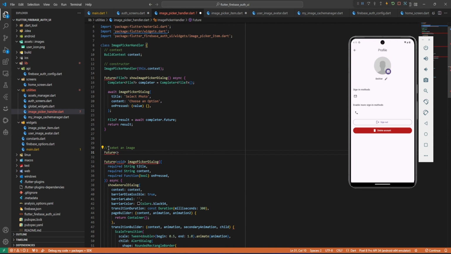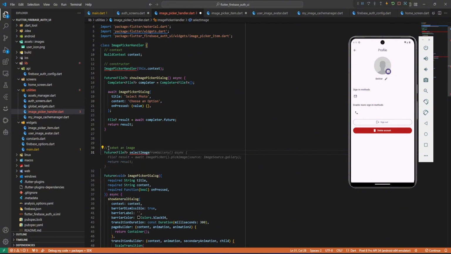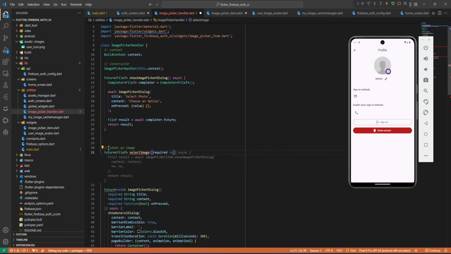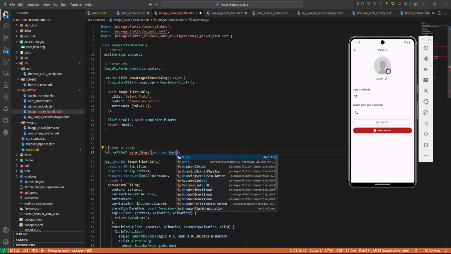Okay, I'm just gonna write it. It also retains a file. So this is select image. Okay, so this is going to take a boolean to check whether from gallery or camera. So here what we need to do is let's have a required bool